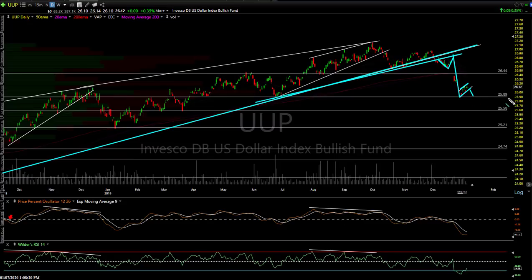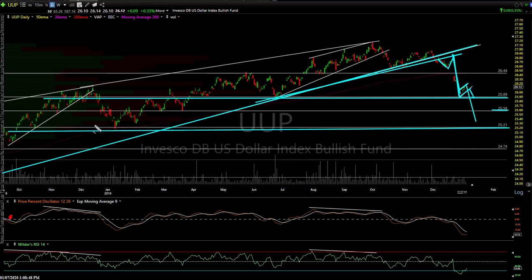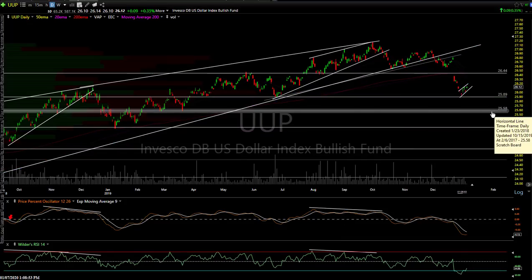And you still have, because we hit my 25.89 target / support level, and that's where we reversed. So you need to break that as well. If you can break down through the flag and 25.89 impulsively, well, the measured target for a bear flag, you take the distance of the flagpole and you add that to the top of the flag, and that would probably bring you down here, even though I have a 25.58 support level target there, and then 25.21. I think it'd probably bring us down to that 25.21, at the very least my 25.58 target.